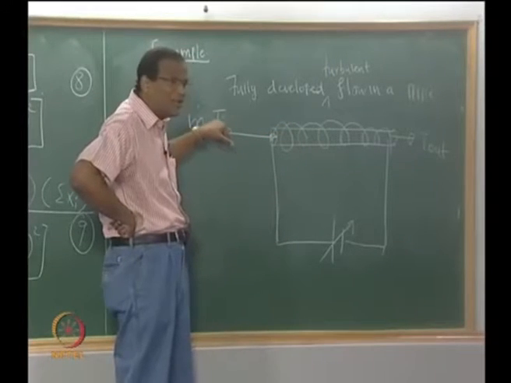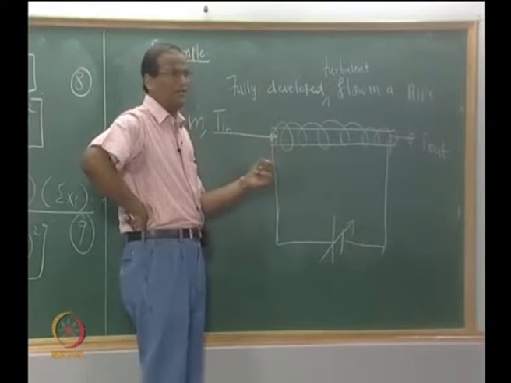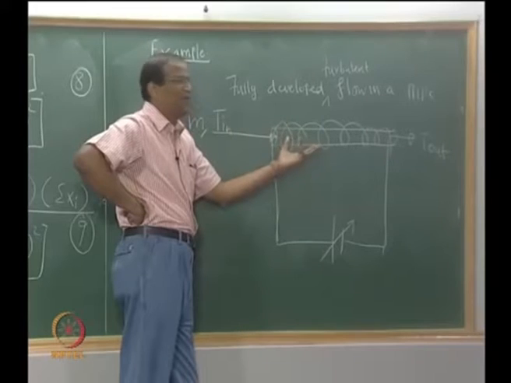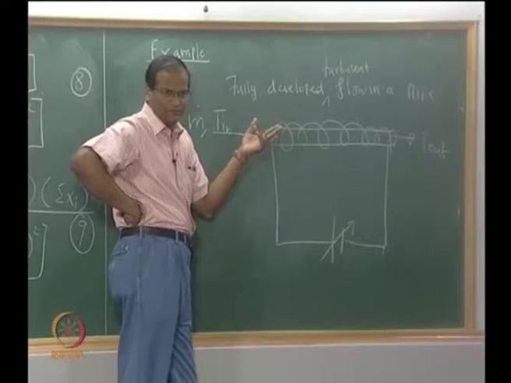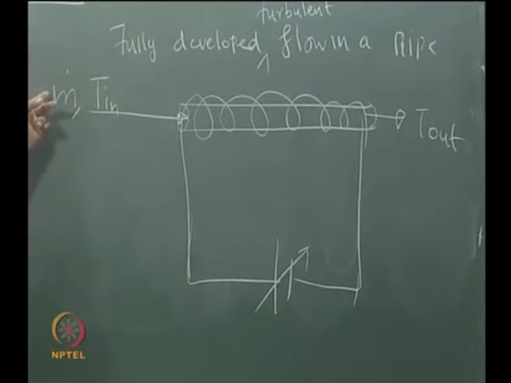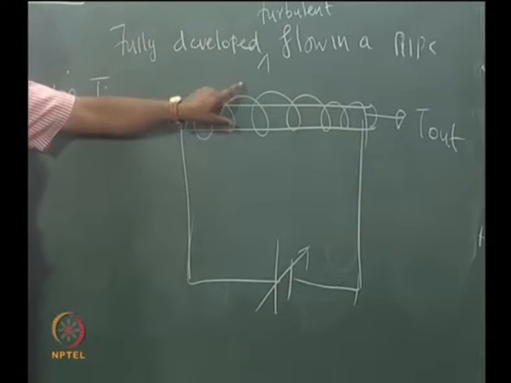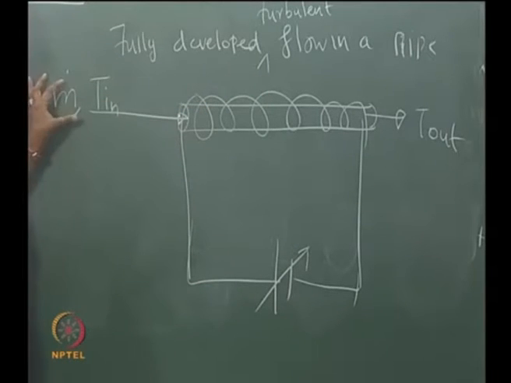So I am sending cold water inside a pipe, the outside of which is either maintained at one particular temperature or is fed with electrical heating, so that this is essentially a heat exchanger which tries to heat the incoming water, okay. Now it is possible for me to change the velocity. When I change the velocity, in order to maintain the temperature of the outer wall constant, I can change the settings. So for every change in velocity I can change the heater setting and keep the temperature constant. So I can repeat this experiment.